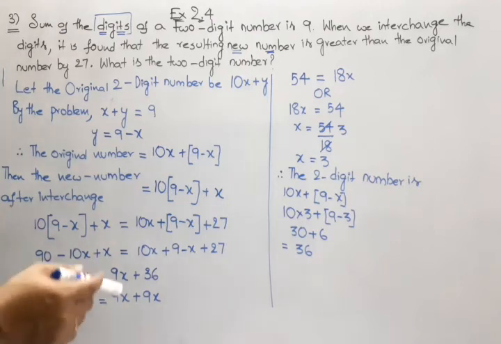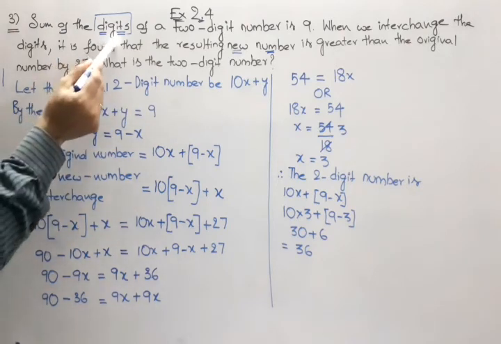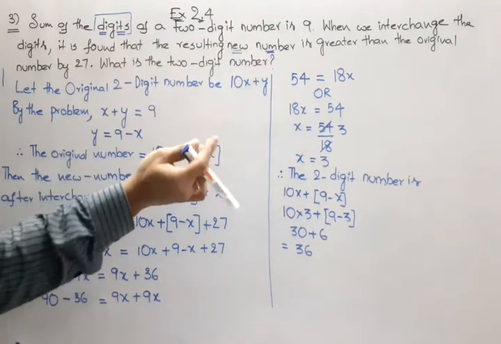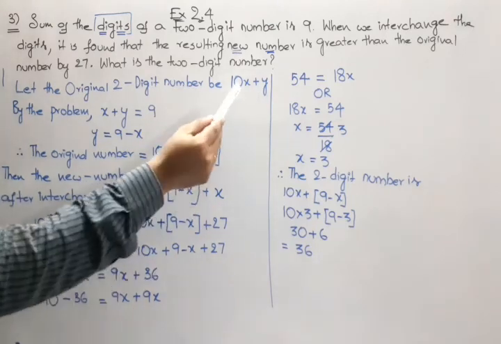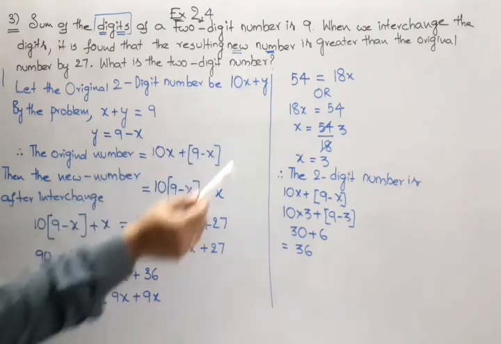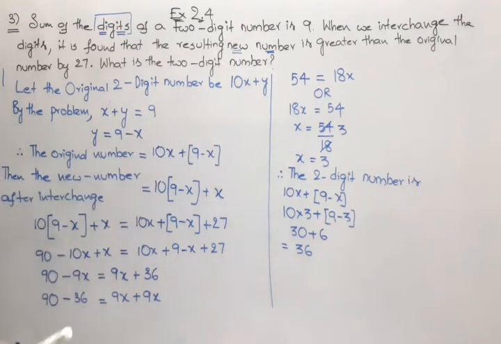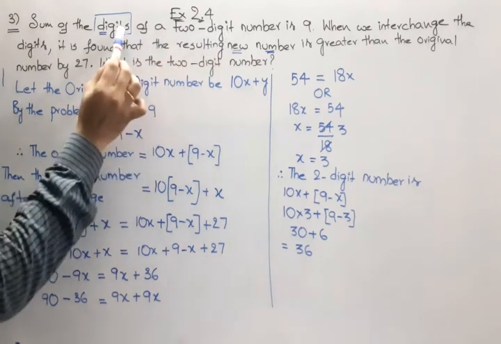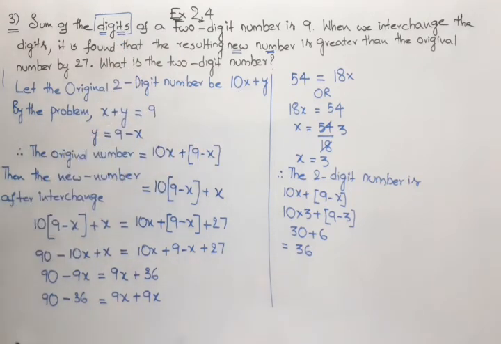See, again I am repeating, being the important problem, please look at the board carefully. The sum of the digits of a 2-digit number is 9. So as we don't know the number, we are taking the general form of a 2-digit number as 10x plus y. As I am saying again and again, this 10 is not a number, it is a place value. So y is in the 1's place and x is in the 10's place. Now look, by the problem they told the sum of the 2 digits only, not the place values. Hence we took x plus y is equal to 9.